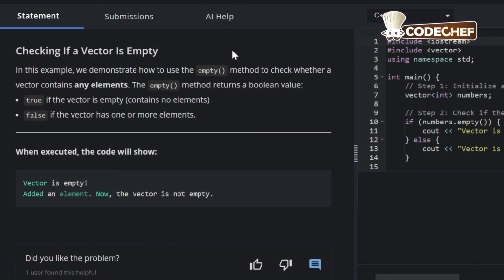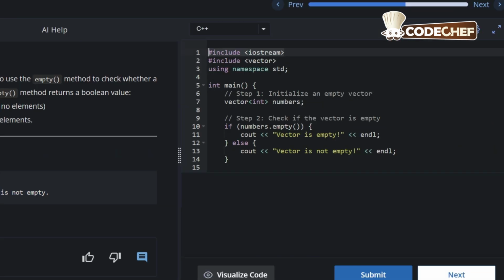Here the program objective is checking if a vector is empty, and the expected output is "Vector is empty!", "Added an element.", "Now the vector is not empty." Coming to the code: #include <iostream>, #include <vector>, using namespace std; int main() { to begin the main function, vector<int> numbers;